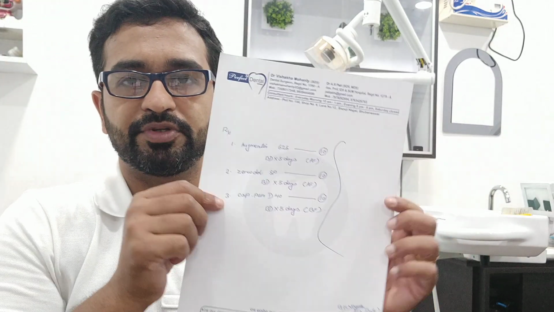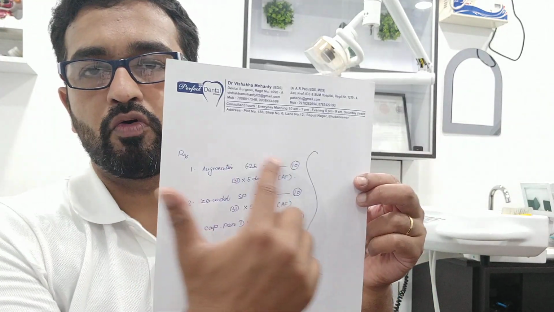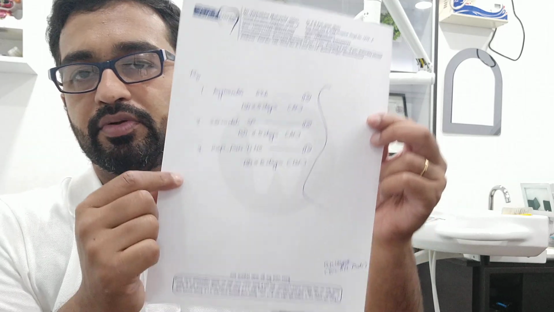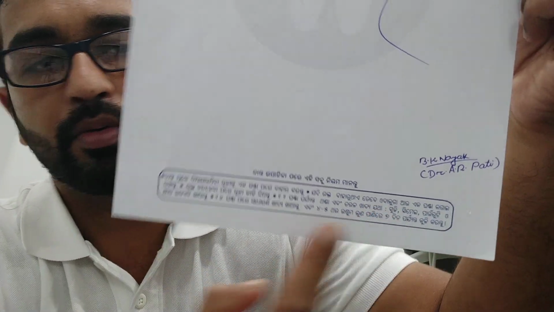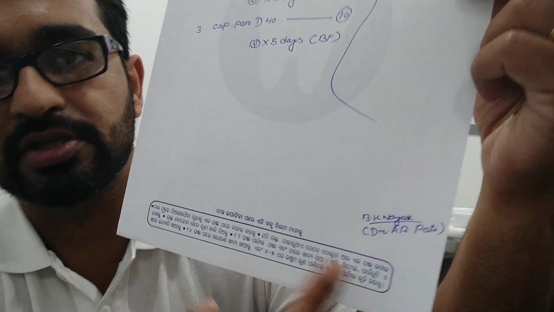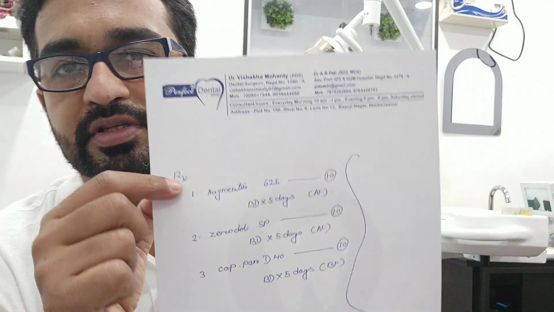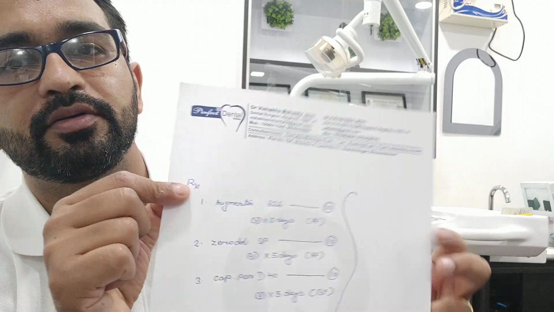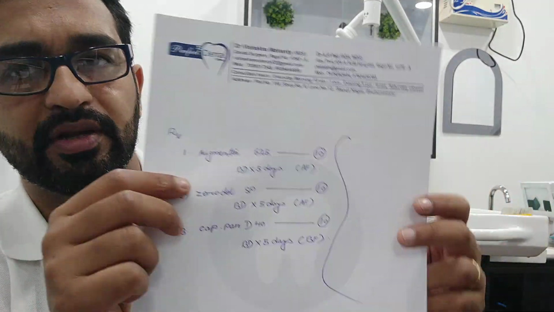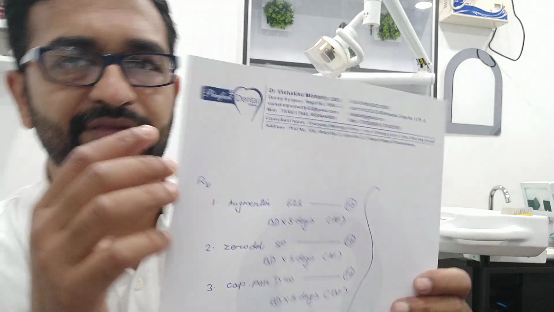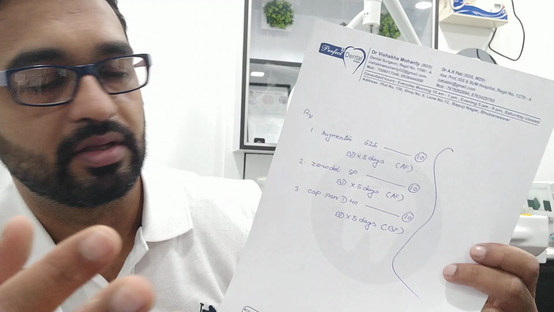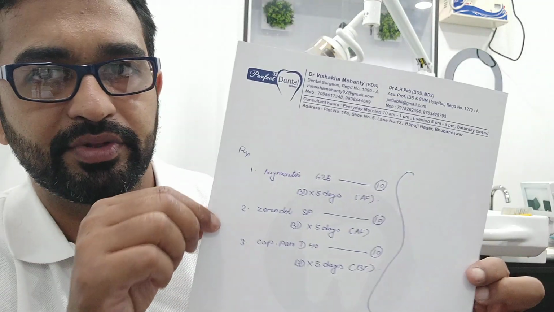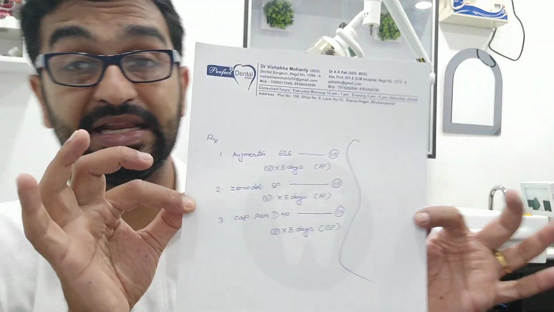As you can see from the shadow, there is a logo of a tooth here, and below that there are some instructions written in Udiya. This is actually about after extraction; I have given the instructions. This is a very simple prescription pad, and there is no gimmick in it. You should not make a prescription pad with a lot of colors, blue, red, as that looks very bad. Prescription pads are not looked at much, but still it's very simple and neat.